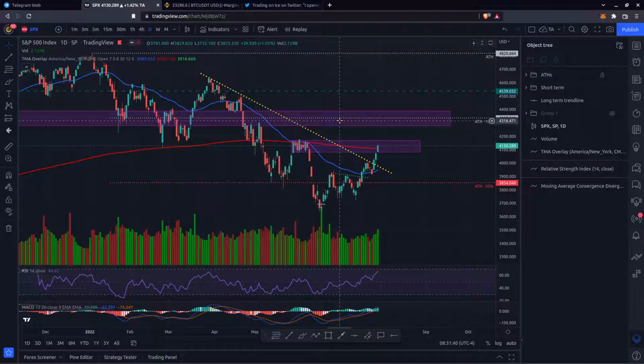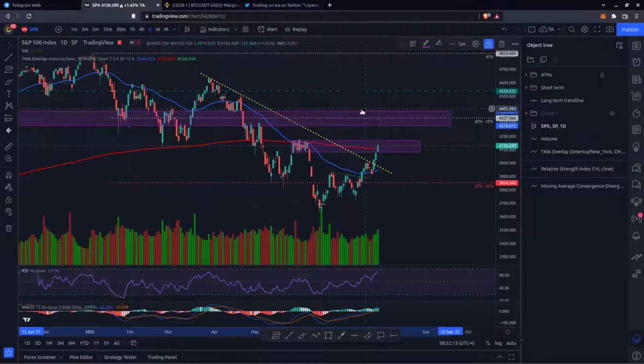I am not yet convinced on a bullish reversal for the S&P 500 market structure. To me, the market structure remains bearish. Okay, we have a high, lower high, and let's see now how this will behave. In my opinion, I will be convinced that the S&P 500 reverted to a bullish market structure when we trade above this bigger purple box over here. Maybe go above it, test it, support here, and then we go from there.